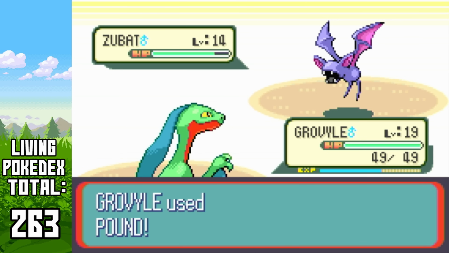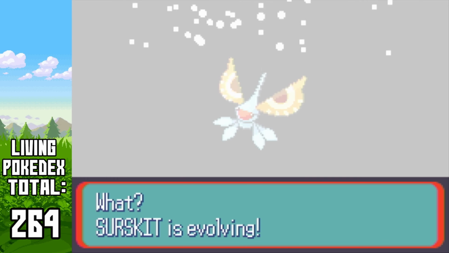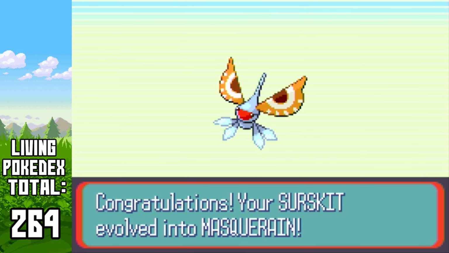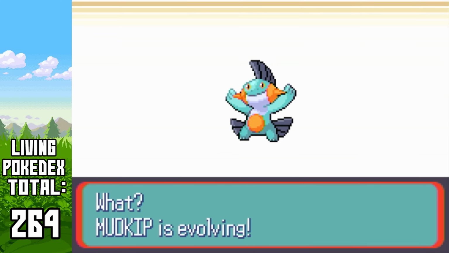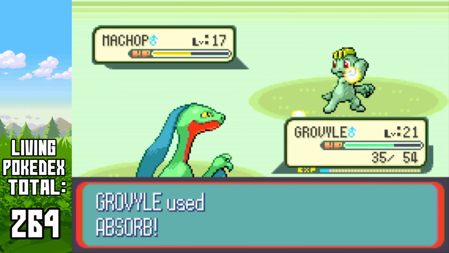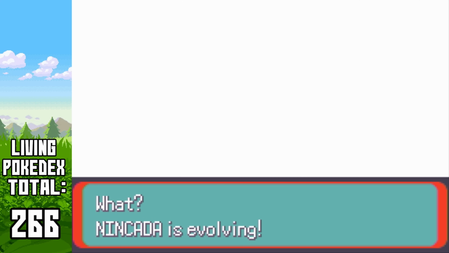Since May has an upcoming gym battle, she did some grinding and evolved Surskit into Masquerain before making her way back to Dewford to battle Brawly. During this time, Brendan evolved his Mudkip into Marshtomp, then made his way towards Dewford. Once May defeated Brawly, Ralts evolved into Kirlia, and while Brendan and May were busy catching Pokemon, King Z evolved